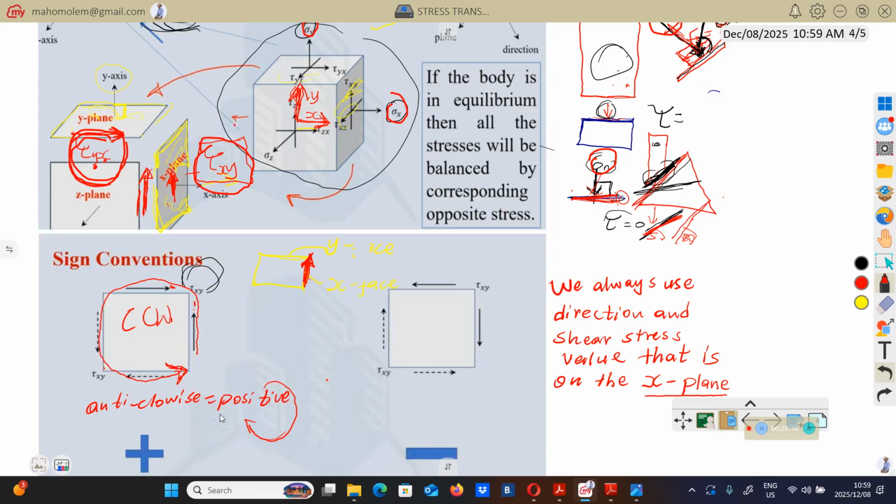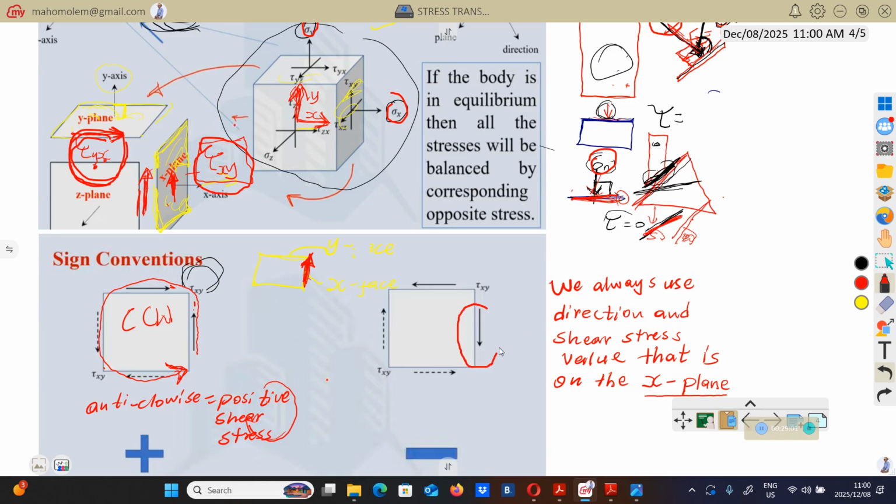Positive shear stress. So that means on the formulas that I've shown you, you replace the shear stress with a positive value. You will see that at a later stage. So sometimes when you check the given element,